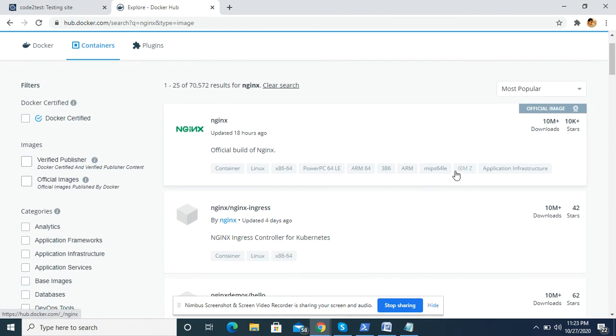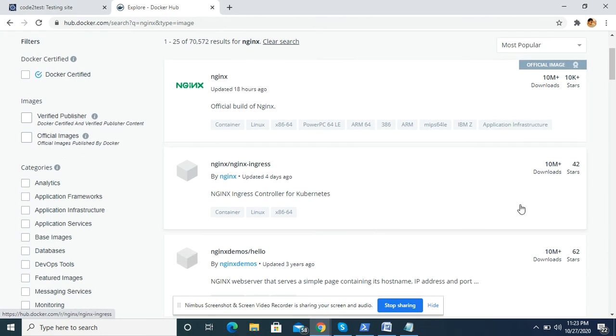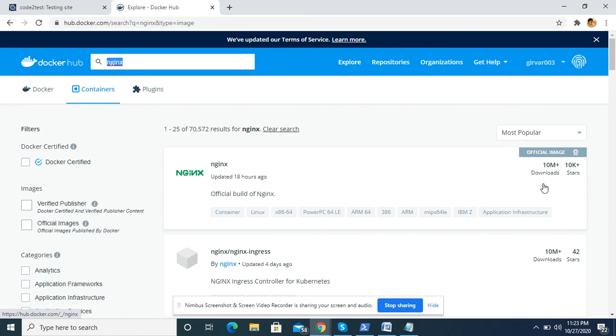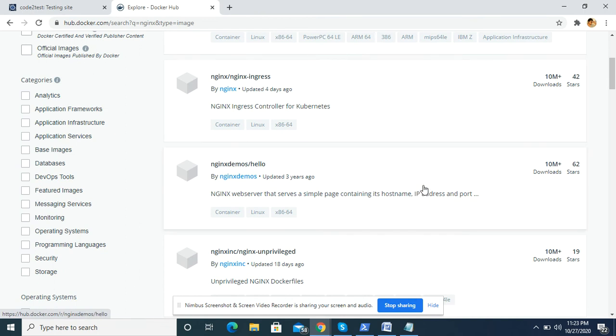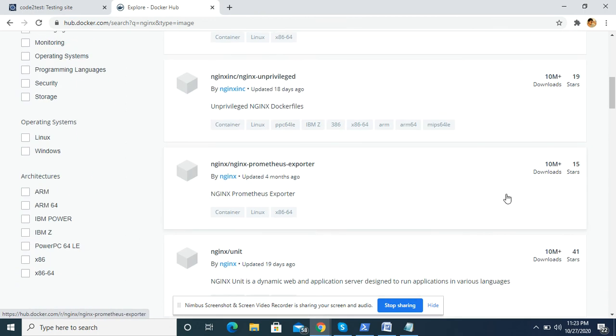The best part is we always go for the image that has the maximum downloads or stars. We see that it has 10 million plus downloads or 10,000 plus stars. It's a basic practice to go for the popular repository with the highest downloads and stars, as there might be something interesting about that image.